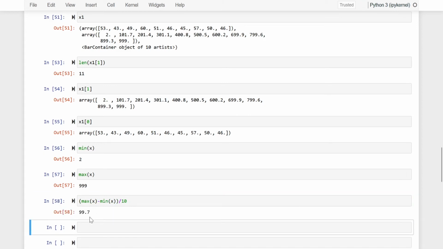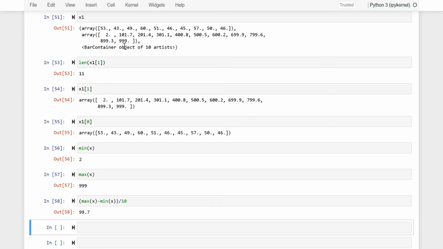So what is happening here? First is 2, add 99.7 and you will reach 101.7. To 101.7 add 99.7, we will reach 201.4. Like that, we will go till